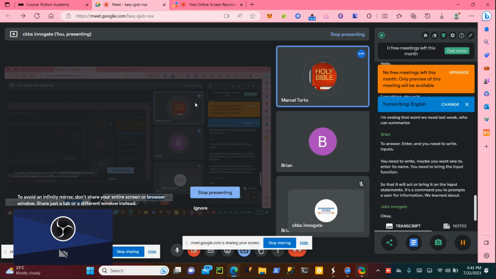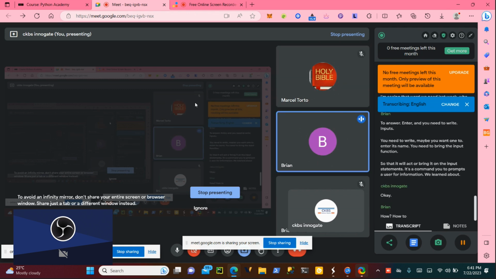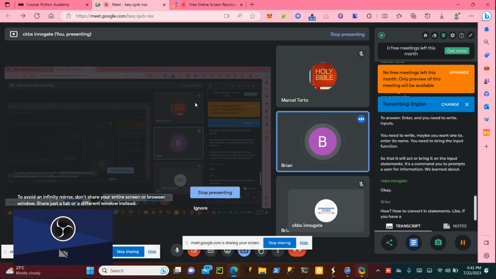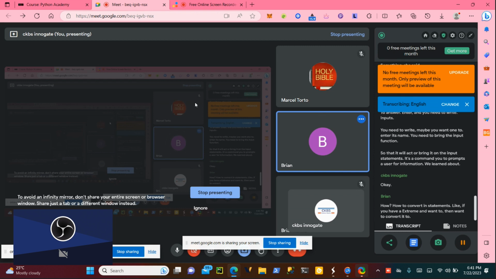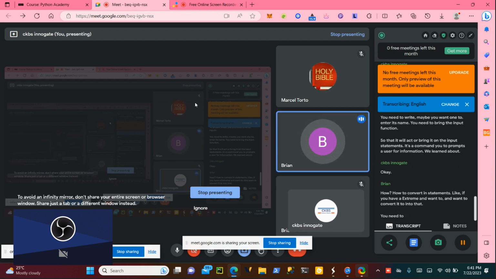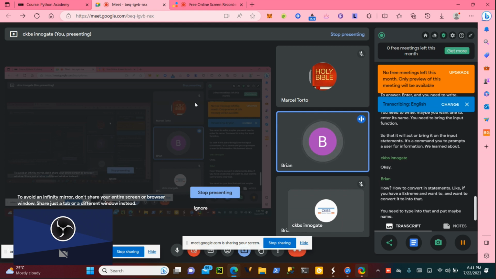Okay. We learned about how to convert input statements. Like if you have a string and you want to convert it to an integer, you need to type int and put maybe name in brackets. So when you print it, it prints as an integer.